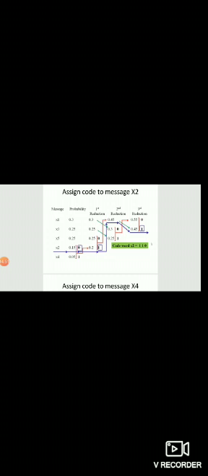Now we have to assign a code, and the code will be assigned from right to left on the upper path, above the arrow. In the first reduction 0.45, the symbol assigned to this 0.45 is 1. Then again in the second reduction we have a symbol 1, and in the probability table we have a symbol 0 for 0.15. That's why the code word assigned to message x2 will be equal to 110.